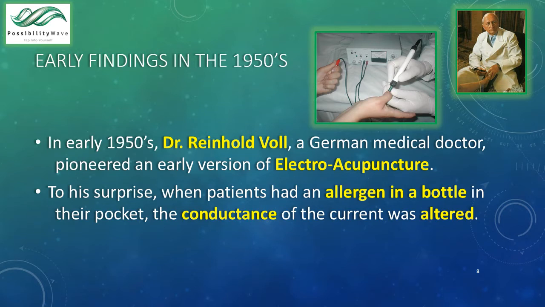is the fact that, and this is how the story goes, he was working with a particular subject, a patient of his, as a medical doctor, and noticed certain peculiar behavior in various points related to certain meridians. He came to discover that the patient had on his person, in his clothing, in his pocket, a bottle of a substance to which he was having an allergic response. There was an allergen in the bottle. Now the bottle wasn't open, it wasn't leaking and pouring on his skin, it was tightly secured, but simply being